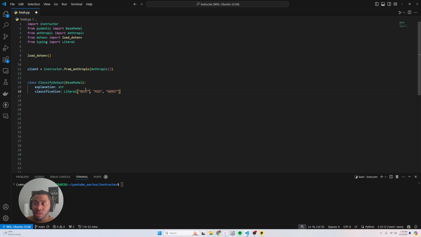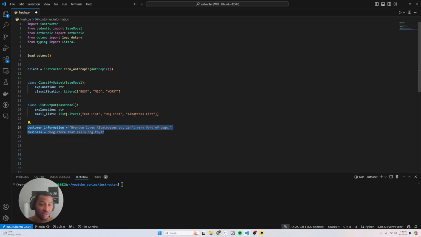So next, we're going to go ahead and define our Pydantic models. So we have ClassifyOutput. We're going to have an explanation that we want to go ahead and output into, and some classification. Is the customer best, mid, or worst? Next, we're going to have some ListOutput, and we're going to have an explanation, and we're going to go ahead and have some email list that it should decide to add the customer to. So it's going to be a list of literals, which could be a cat list, a dog list, or an albatross list,